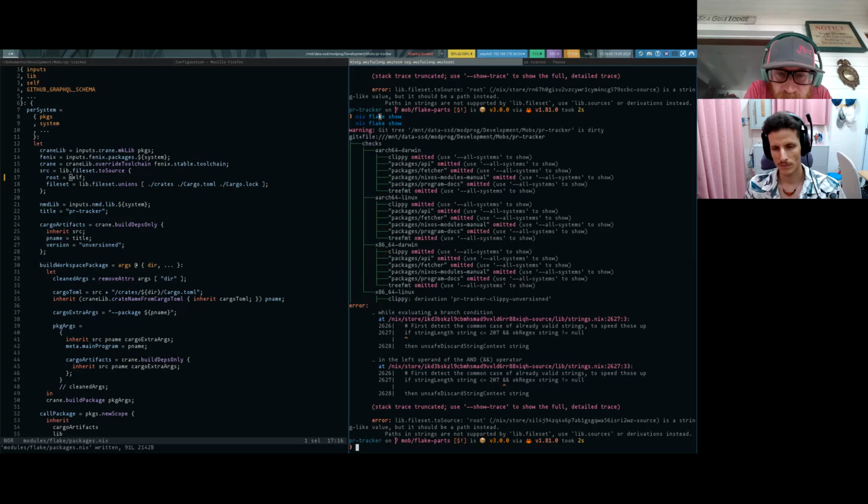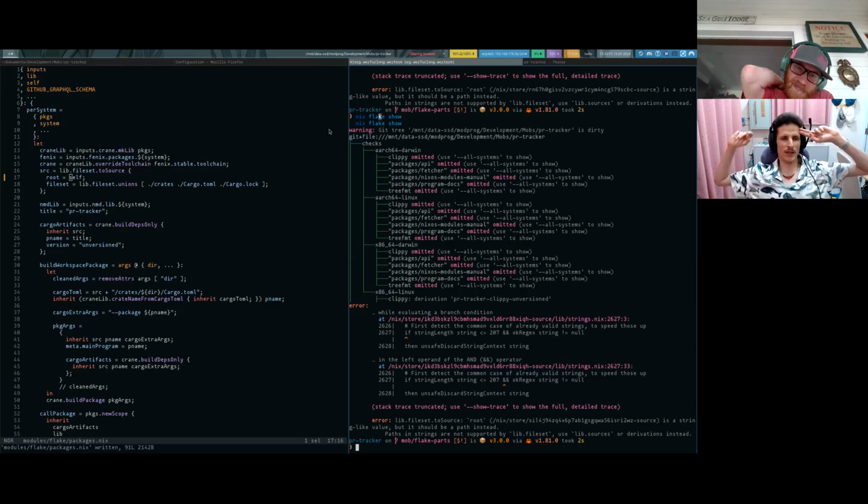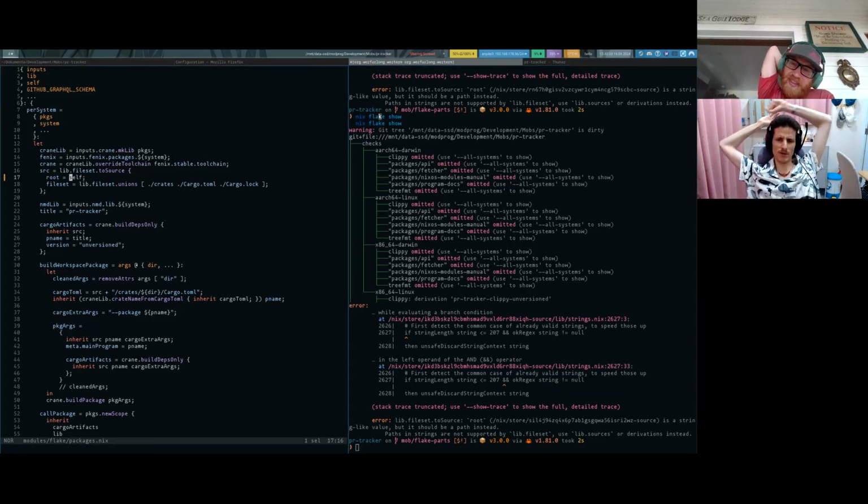Use lib sources instead. What is the difference between file set and sources? I don't know lib sources, but I know that we want to use lib file set because it's the shiny modern thing. I mean, it tells us we can use sources instead. Right. So I think, should we just do the relative reference? Yeah, just the relative. And if you want to see what lib sources is, parts actually I don't know. Go ahead. I think it dependency injects a